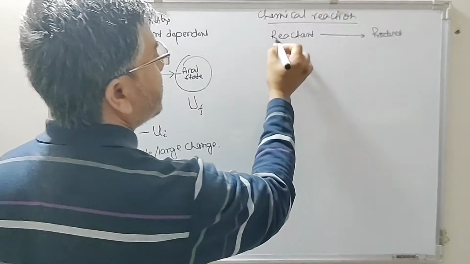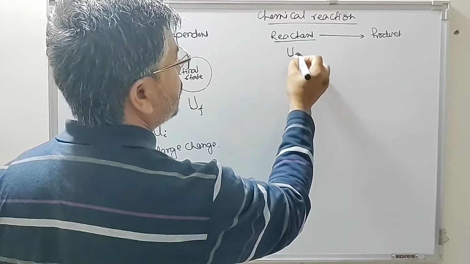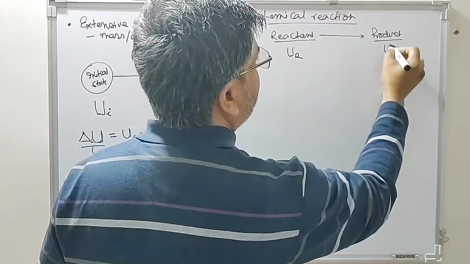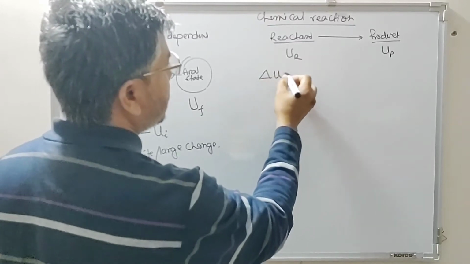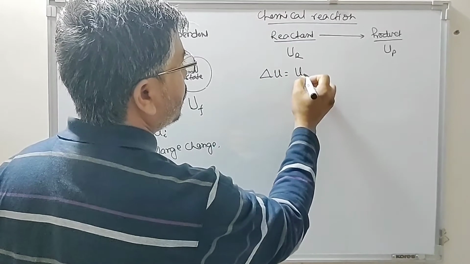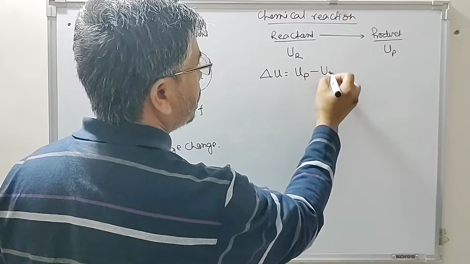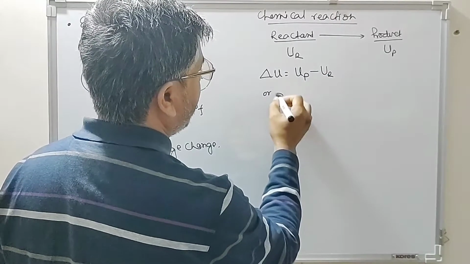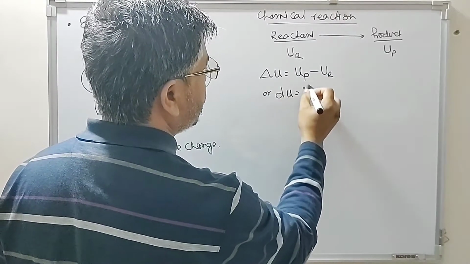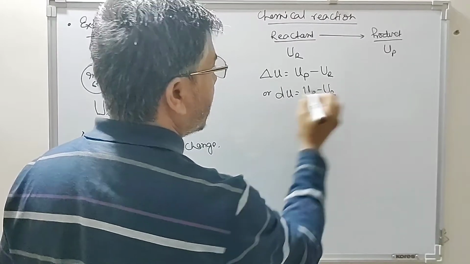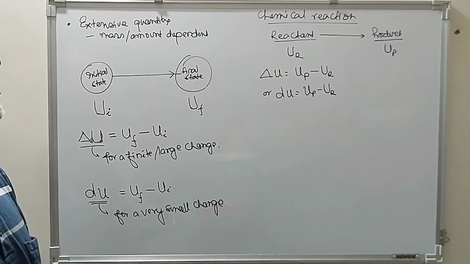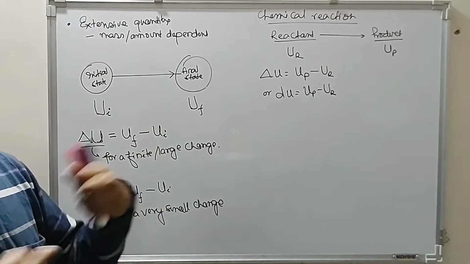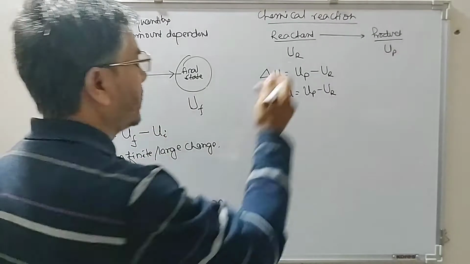So if the internal energy of the reactant is UR, and the internal energy of the product is UP, then delta U equals UP minus UR, or for a small change dU equals UP minus UR. But if we have more than one reactant or more than one product, then